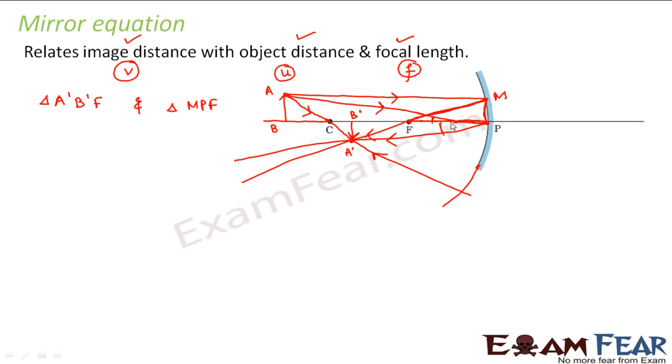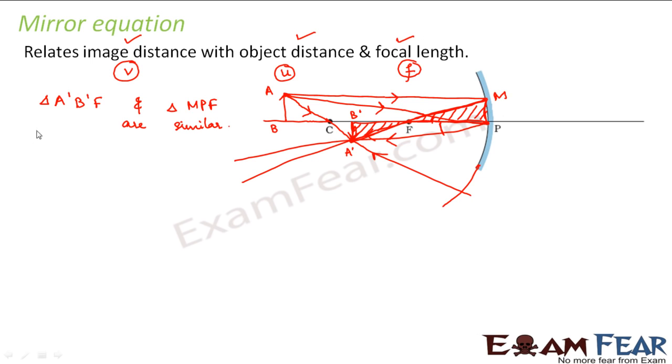Right? And this triangle. If you look at these, the two triangles are similar. How? Let me shade these two triangles so that it becomes easy for you. Right now I am talking about these two triangles. These two triangles are similar because this angle and this angle are vertically opposite angles. This angle is 90 degrees, and again this angle is 90 degrees. So by AA similarity, we can say that these two triangles are similar.